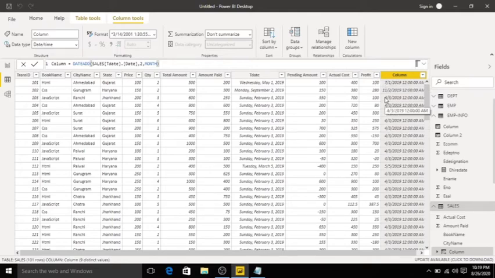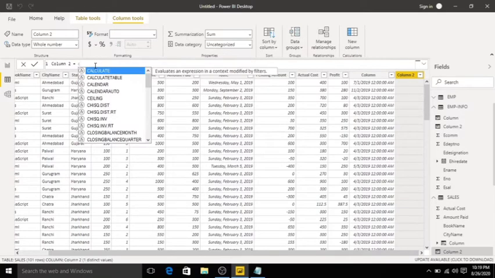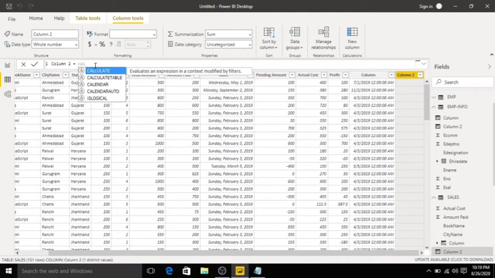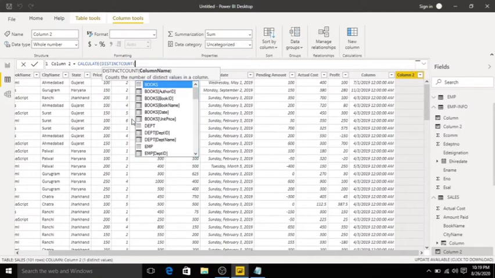We have another function called DATESBETWEEN, which returns the dates between two given dates. I will create a new column, click new column. Calculate, click tab. I will use the distinct count function, click tab.